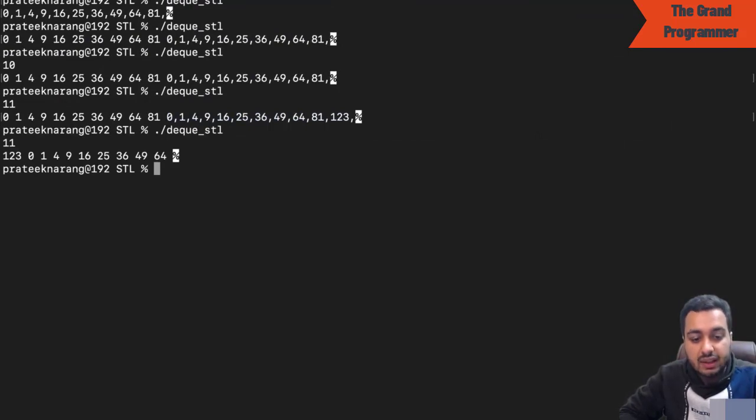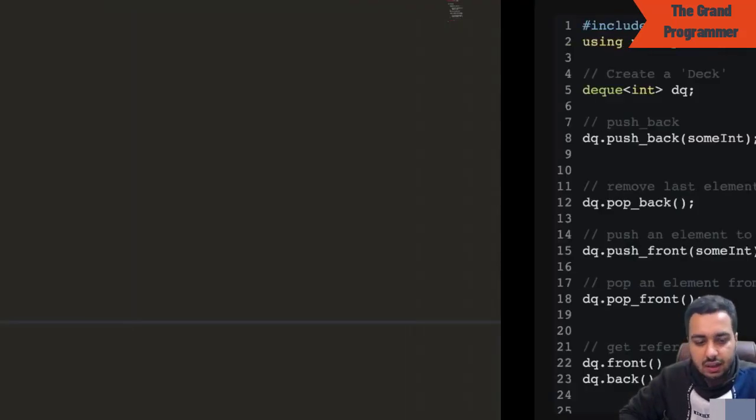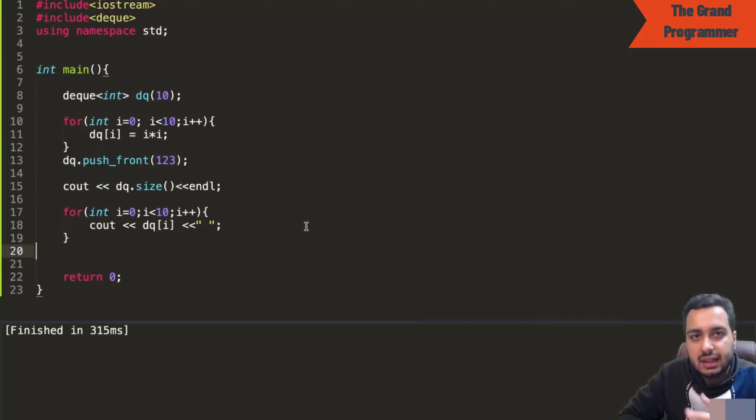And you can see it is at the beginning of the deck. So there are methods that allow you to insert something in the middle of the deck, or remove something from the middle of the deck. Those are also done there, but they take linear time. So ideally, for most of the use cases, we would be dealing with these methods, insertion and deletion from both